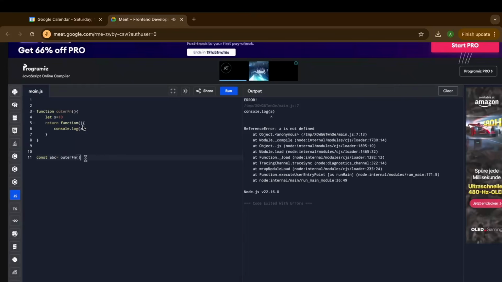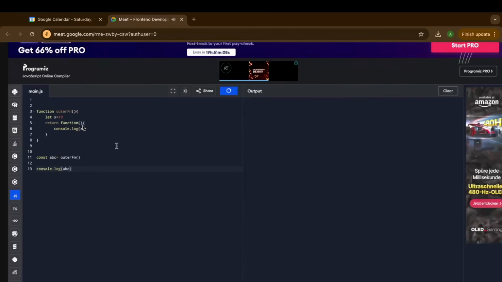If we console abc, it will give us the function. And again, if we run this abc, then we can access the x value.